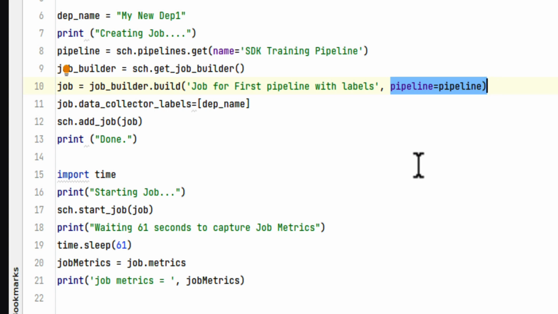We also need to specify the data collector for running the job, and that's what we're doing here. The data collector has a labeled dep name, which is myNewDep1. So we know that this will use the data collector we've created as well. The addJob method will then create the job in Control Hub, and we can then start the job using the